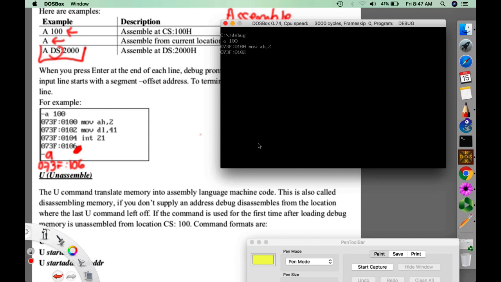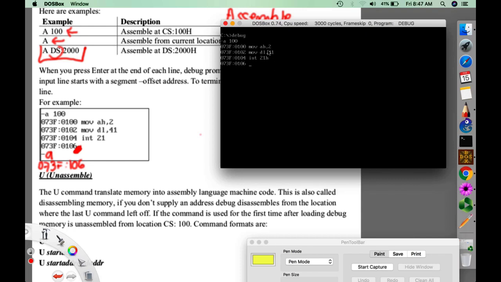That means we are saving a data value of 2 to the higher accumulator. Then move DL,41 and interrupt 21H. In this case, we are saving an immediate value to the higher accumulator. We will be discussing more of this when we go to the register command.